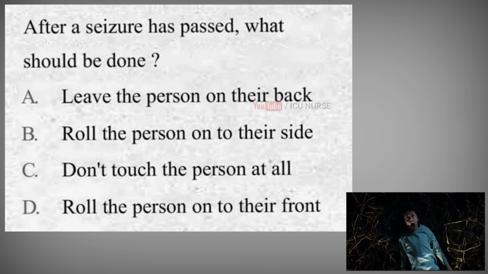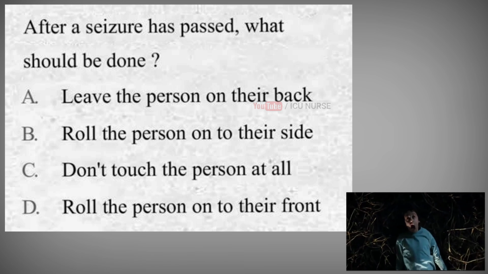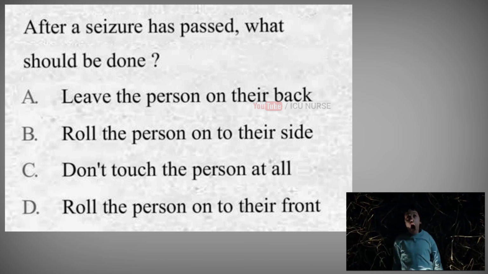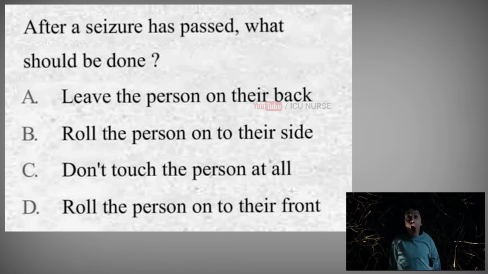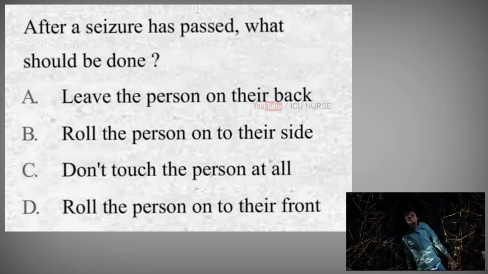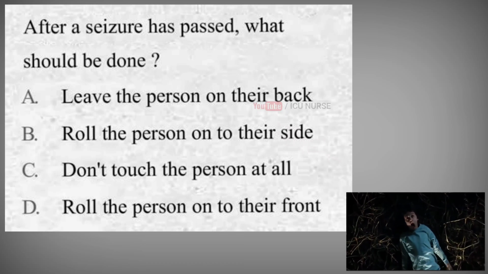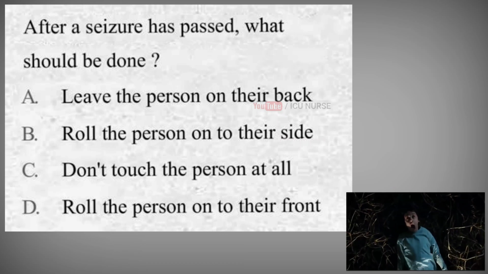After a seizure has passed, what should be done? A. Leave the person on their back. B. Roll the person onto their side. C. Don't touch the person at all. D. Roll the person onto their front. And the correct answer is